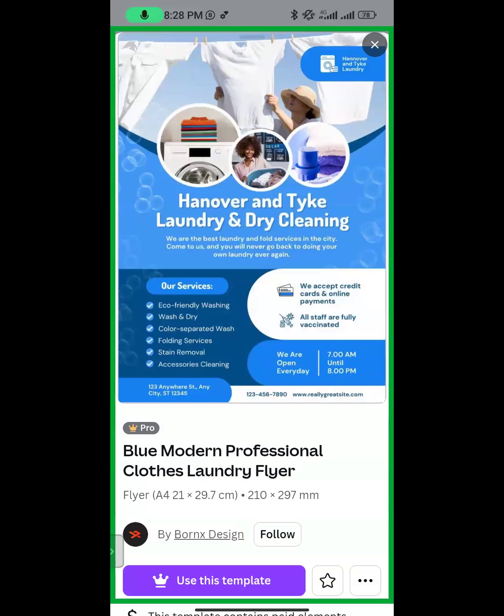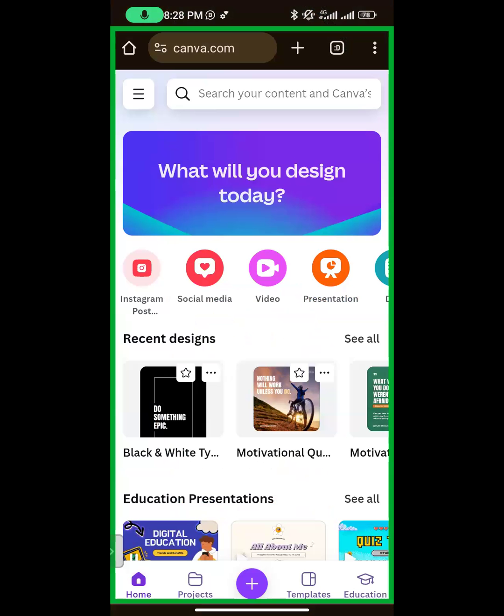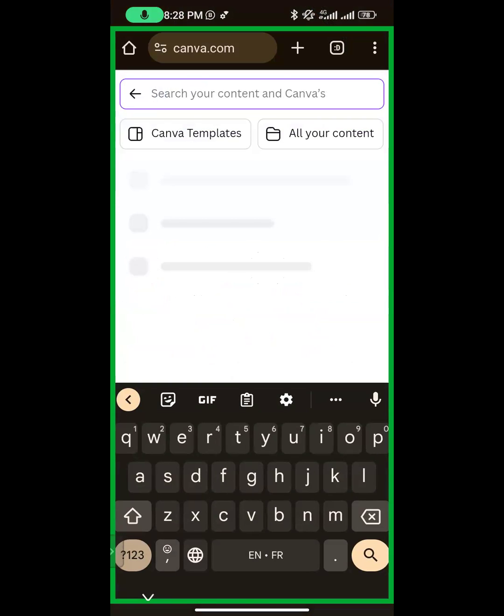And this one is pro. Are you seeing now? That's the limitation. So I'll show you how to get the premium version. This one is the pro. Now, if you are seeing my screen now, this is the premium version. If I search, I just click to the premium now. If I search for clothes flyer,